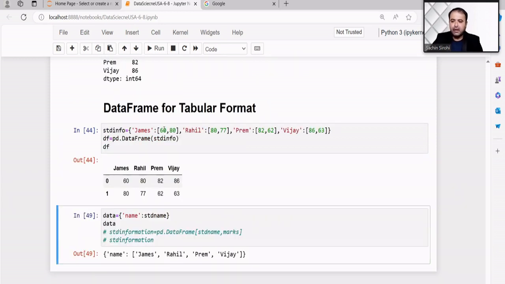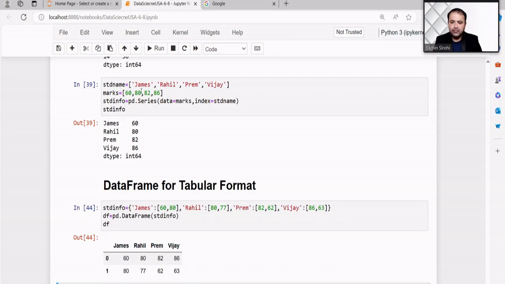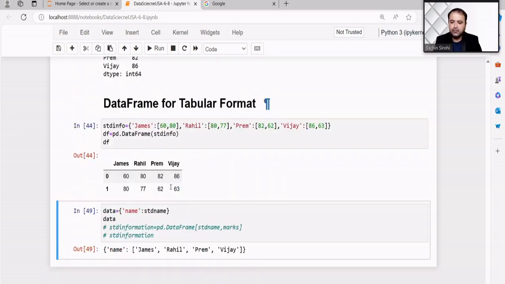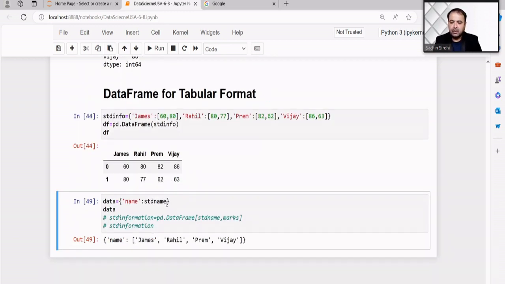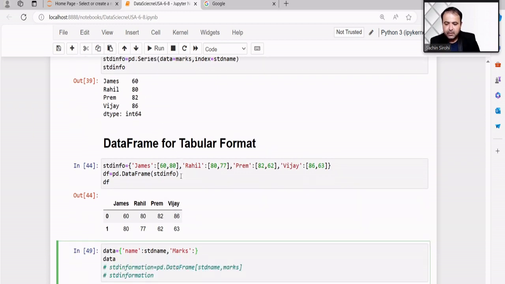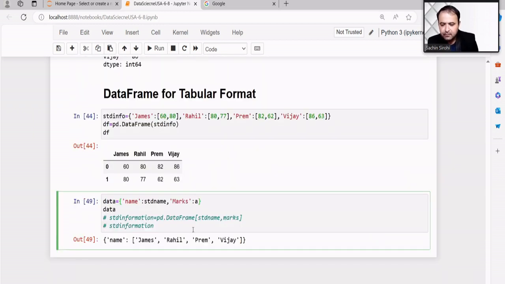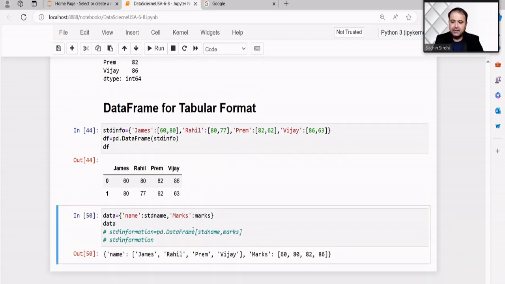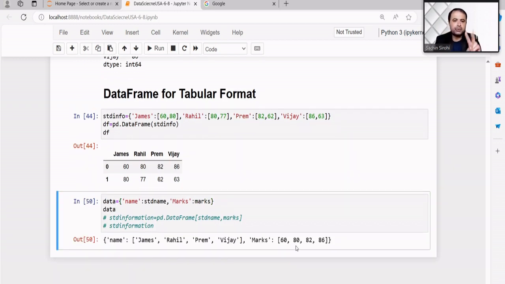Perfect. So I have fetched the name above, and second one I want to pass the marks. So you can see we have the two data in the dictionary, and after that